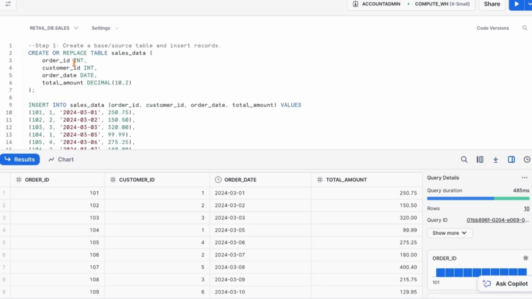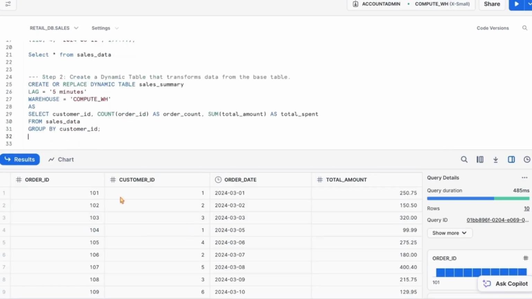So why is this lag? Say for example, this is your base table, right? For any real-time changes that happen on your base table, your dynamic table's purpose is to show those changes dynamically in the table that we create. When we say dynamically, we are putting a time to it, that is 5 minutes lag. So the moment you have a change in your base table, after 5 minutes, you can see the same in your dynamic table here. Lag equal to 5 minutes is for that purpose.